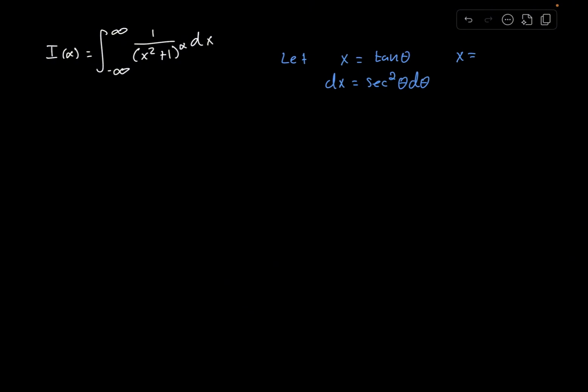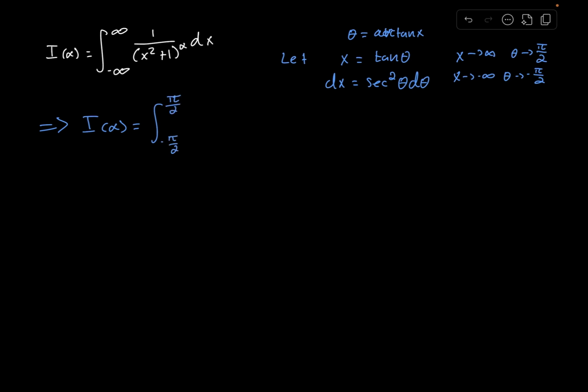And as x goes to infinity, theta goes to pi over 2, because technically theta is equal to the arctangent of x. And as x goes to minus infinity, theta goes to minus pi over 2. Okay. So now our integral I of alpha is equal to the integral from negative pi by 2 to pi